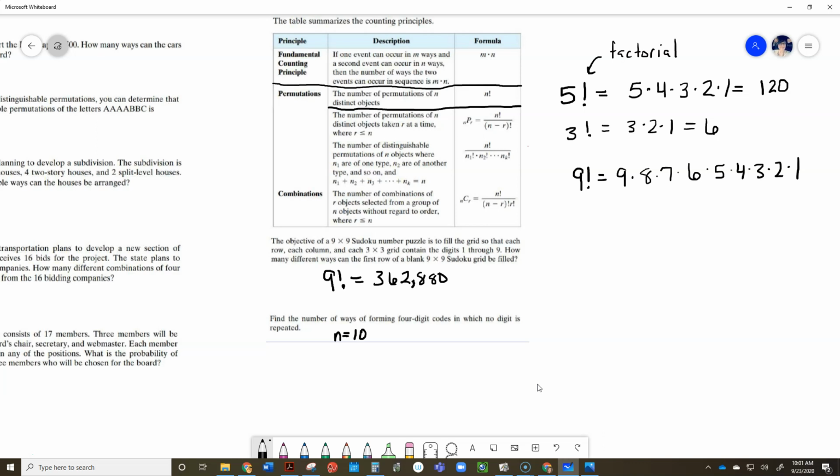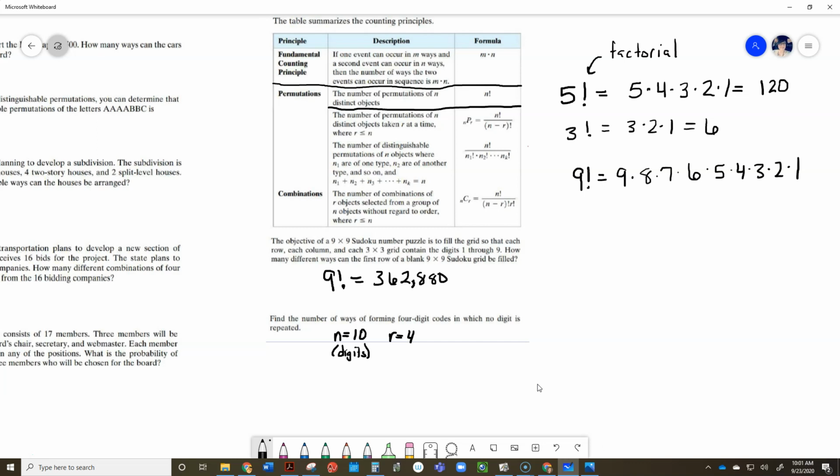What are those 10 things? There are 10 digits. These are our digits. And then we're going to pick 4 of those. So we have 10 things, and we're going to be choosing 4 of them. Now, the method that we used is going to work out to be the exact same thing I'm going to